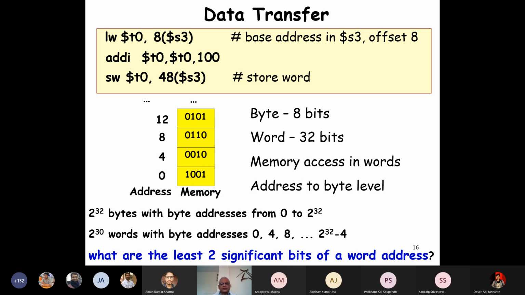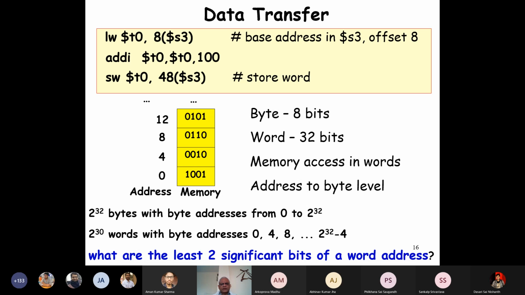So 48 is 12 words away, right? Sorry, 8 to 48 are 10 words. So it will be stored 10 words away. So that kind of computation we'll have to do.